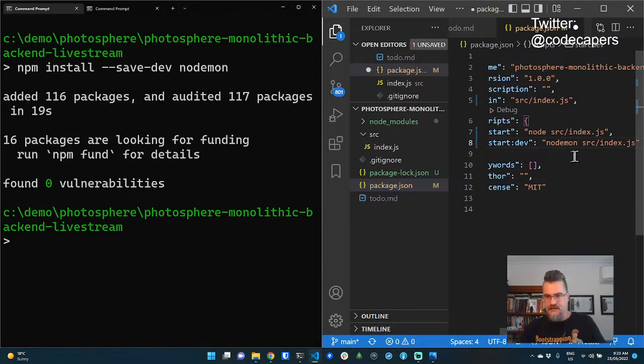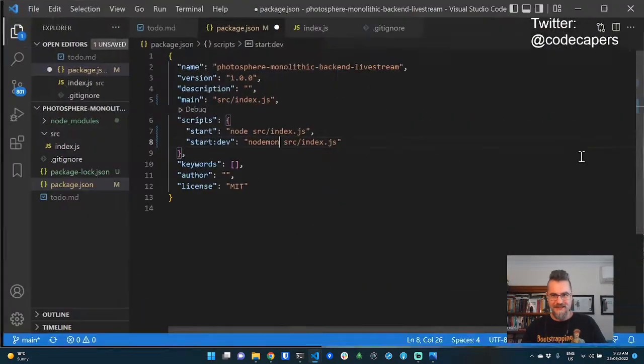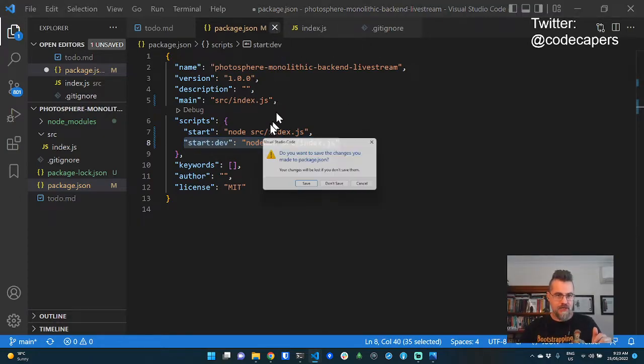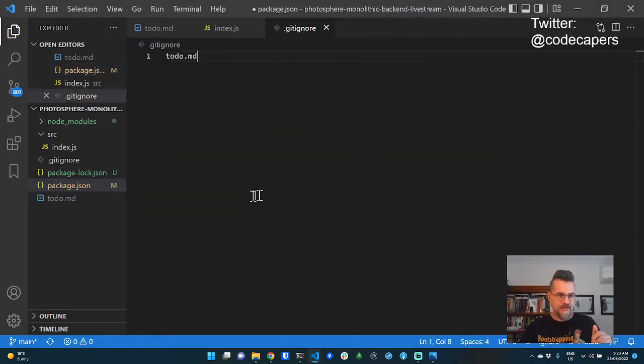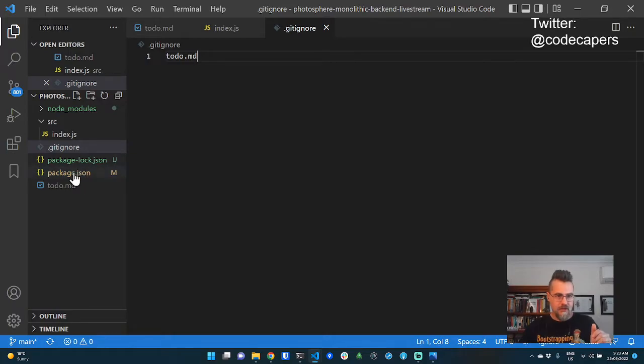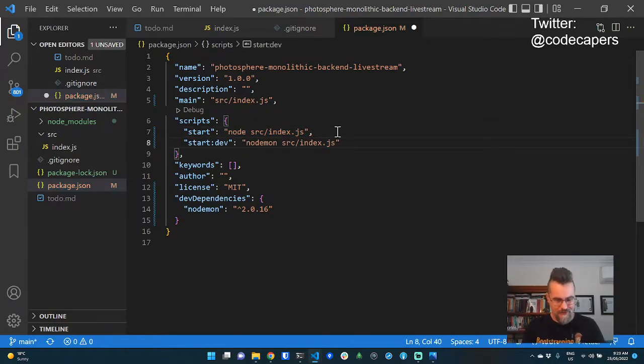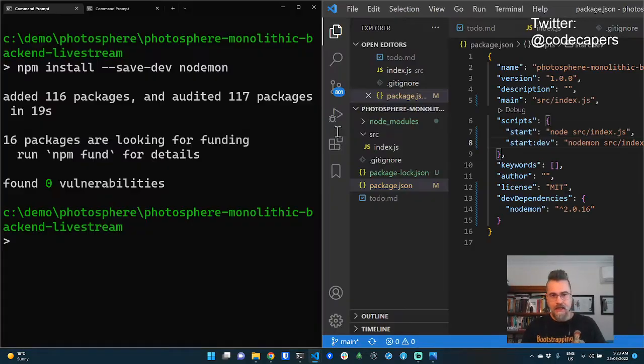Oops, this is one of those problems that you see in live streams. I've accidentally updated my package.json, and it's also been updated while I was installing it. So what I need to do is just save that, because I don't want to lose that work. I'm going to save that. I'm going to close package.json, not going to save it. So if I load it again, you'll see that nodemon's been added to the devDependencies. So it added that while I was trying to edit it. But that's in there now.